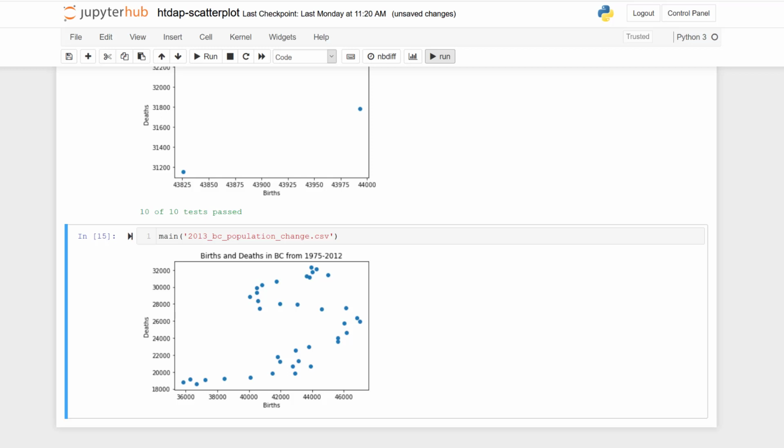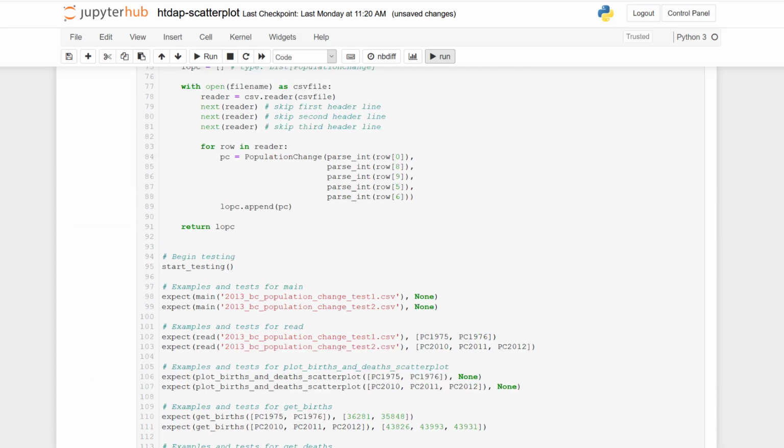So PyPlot will choose default axes depending on the data that it's given, and here it looks like it's done a pretty good job of that. I can see that most of my scatter plot is full of points, and I don't have a lot of extra white space. If I want to change the starting and ending points of the axes, I can do that. So let me show you how to do that now.